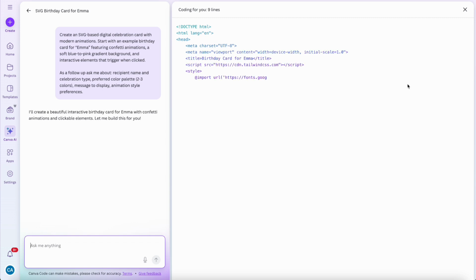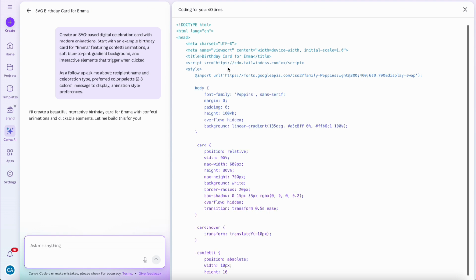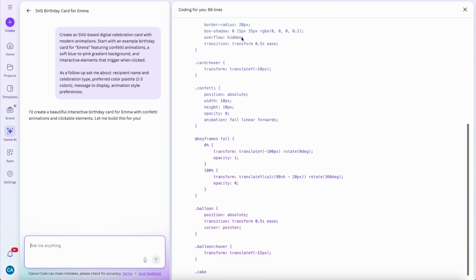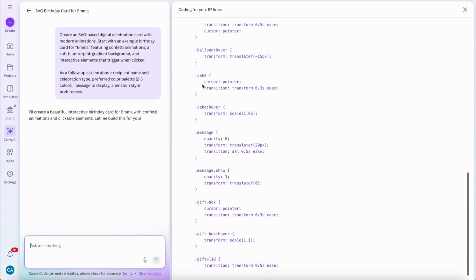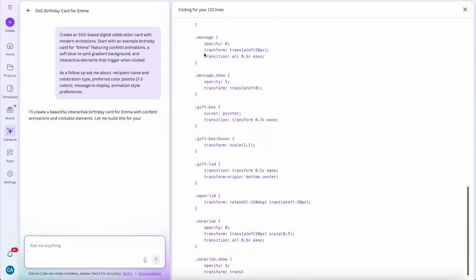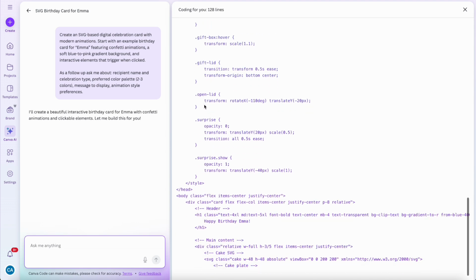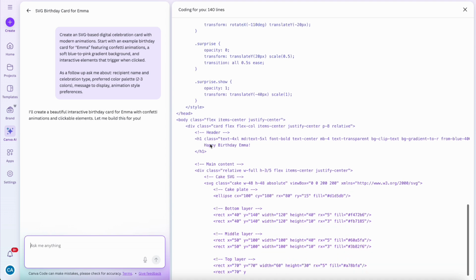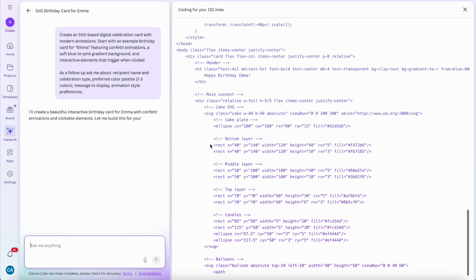So it's gonna literally show you the coding. Like, you see the title, birthday card for Emma. The body, it chose Poppins as the font, which I probably should have specified. I actually love Poppins, so that's fine. So literally the codes for cake, the message, gift box, the gift lid, opening the lid, like it's literally showing you the exact code that it's using to put it all together, which is really cool because